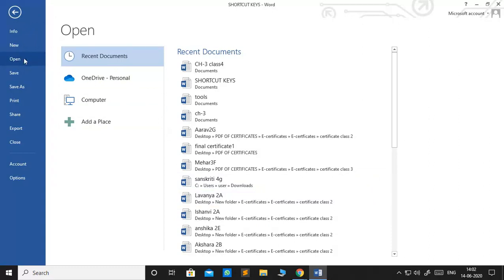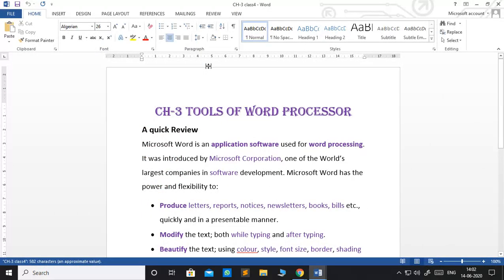Automatically the cursor is on Open, highlighted. Now here you can choose whichever file you want to open. So suppose I'll open that file only, Chapter 3, Class 4. So see, the same file has come back with the help of the shortcut key.